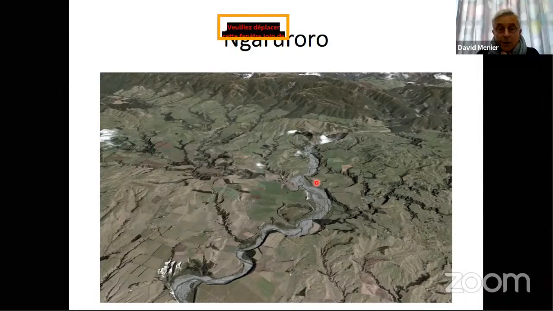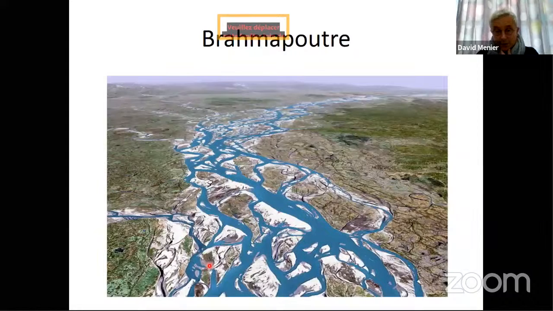So this is a river from New Zealand. Tectonic factors are really important and can affect the base level and can explain this type of valley. Again, this is the Brahmaputra River nearby the Ganges delta, and you see the huge plain as well, big rivers that you have in Asia, and Southeast Asia is very characteristic. With a lot of sandy banks over there, you can see the dynamics, and so it's very active,